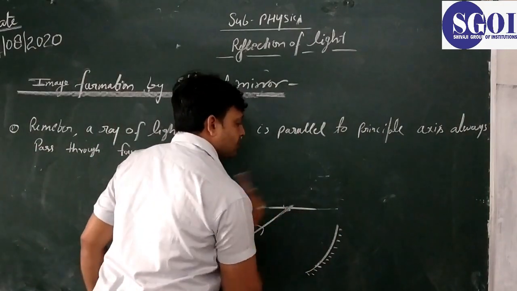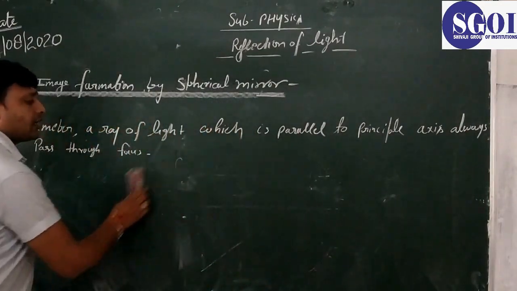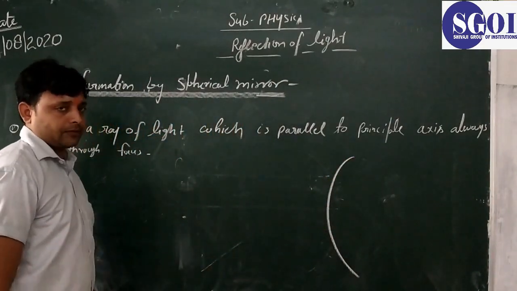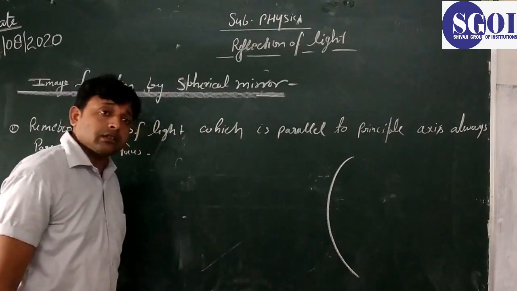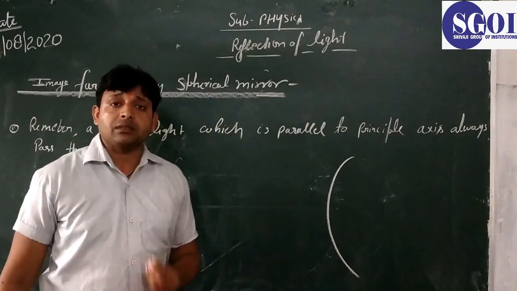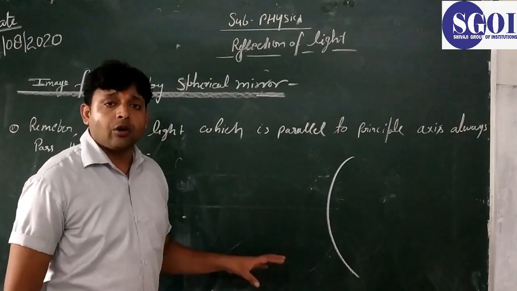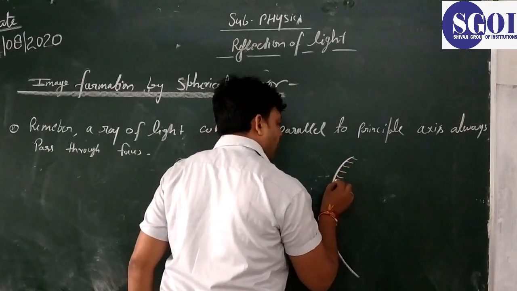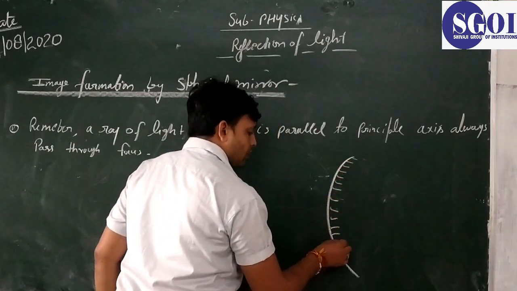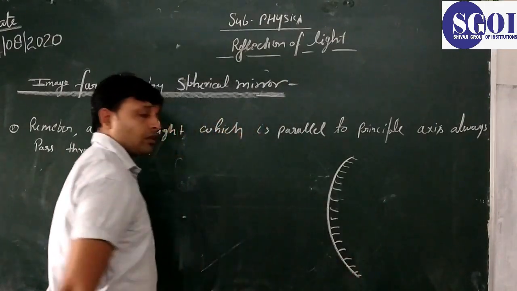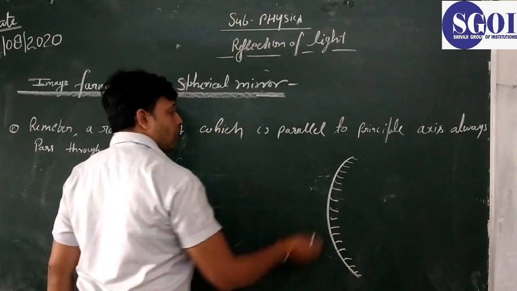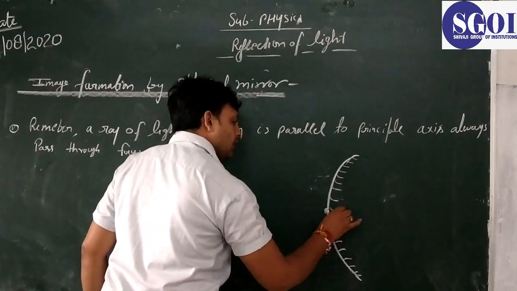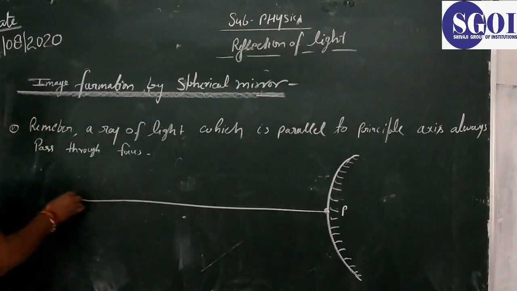And the second spherical mirror is the convex mirror. Now, this is a convex mirror. What is a convex mirror? That mirror which has an outer reflecting surface. Its inner surface is the polished surface, with mercury and red oxide of iron. Now the outer surface is the reflecting surface. This is the pole and this is the principal axis.